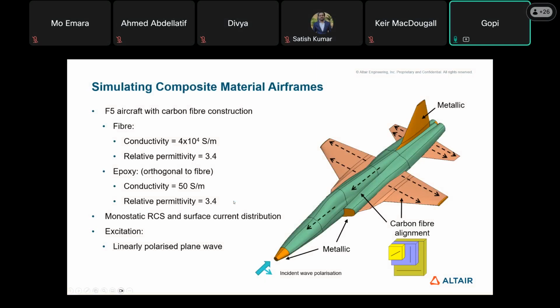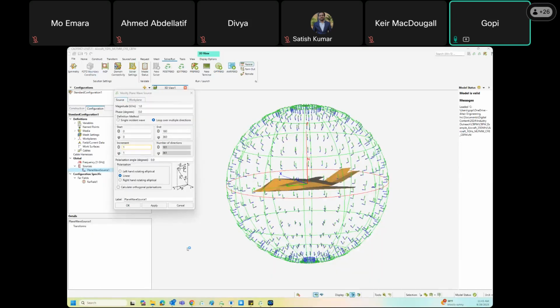So this is an example. We have a fighter plane here. So instead of just a metallic structure, if you want to have composite, either to reduce weight or for any other reason, let's say instead of using